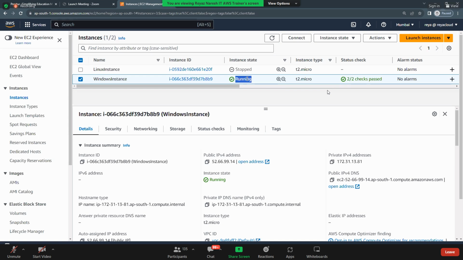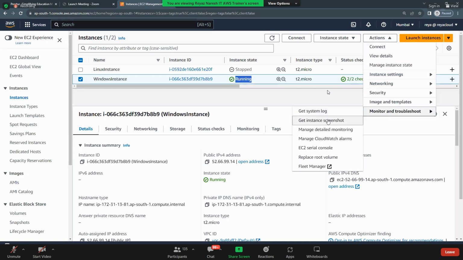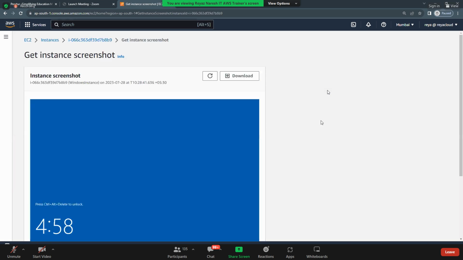So in that case, how do you know? You need to know the state of your EC2 instance, whether it is rebooting or ready to log in. For that reason, they have recently implemented this Get instance screenshot. When I click this, it shows Windows updates are happening, 60/100, don't shut off. You understood the problem. Sometimes it is rebooting, sometimes it is up, because it is installing the patches. For every patch, it is rebooting.